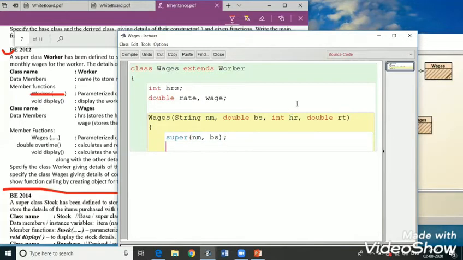So this line means that we are executing the base class constructor. And after that, we can initialize the data members of the wage class, that is the derived class. hrs is equal to hr and rate is equal to rt, and wage is to be calculated, so we can just write down wage is equal to 0.0.